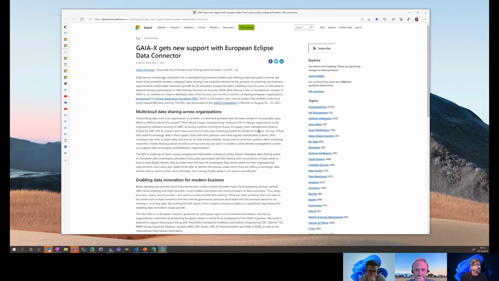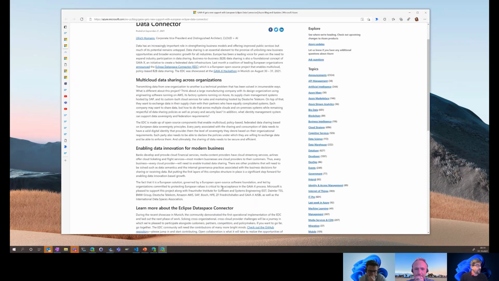So the idea of this European Eclipse Data Connector is now to define the policies and the processes, how you can define the scope of what should be shared, where and to whom, and what can they do with the data. So I think that's a fairly interesting project, where we are cooperating with lots of other